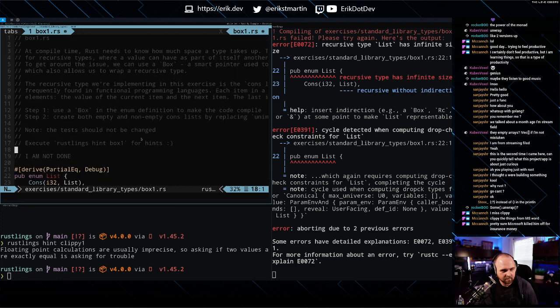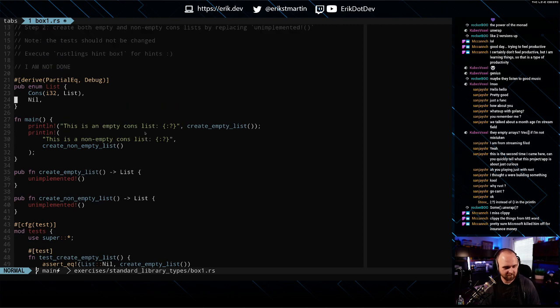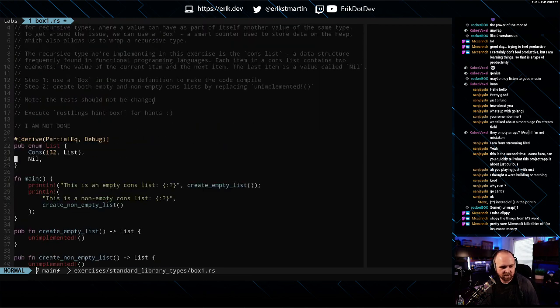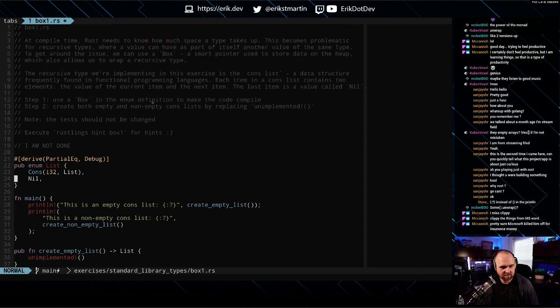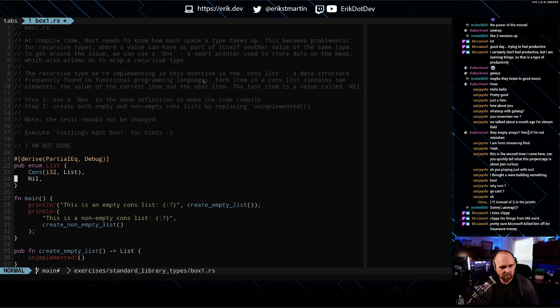What on... Alright, I'm trying to understand what this is asking me to create. So we're going to be using a box. Two elements: the value of the current item, okay, and that's this item, and the next item.